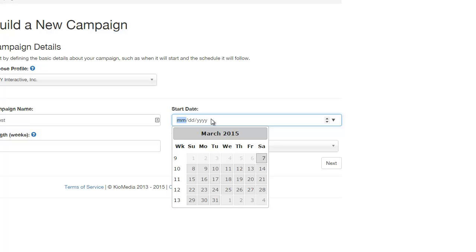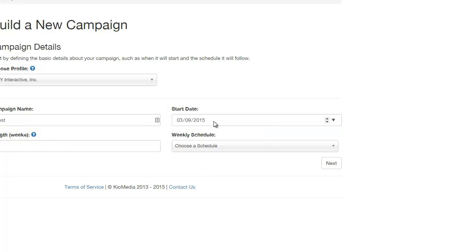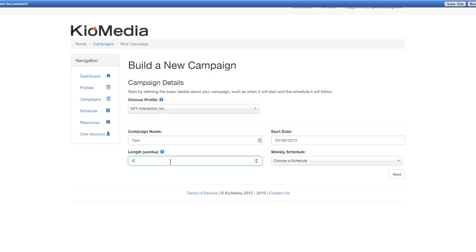So we're just going to go ahead and select Monday the 9th. So March, again, the minimum campaign length is 4 weeks. You can see that here. The maximum is 26 weeks in beta. So we're going to go ahead and say we want an 8-week campaign. In this case,